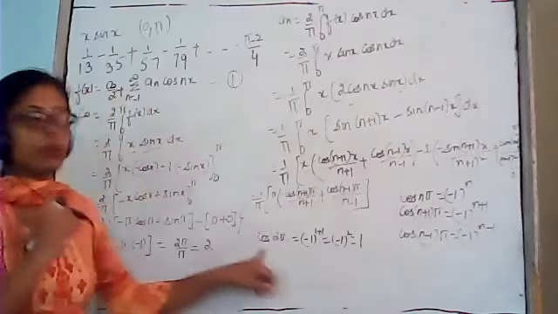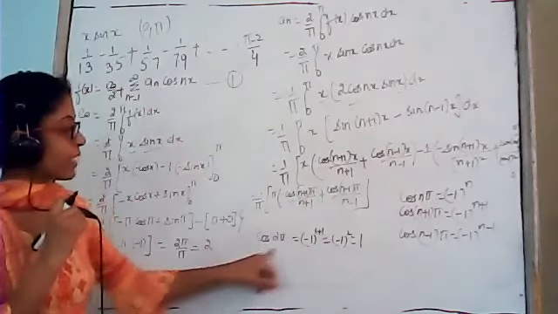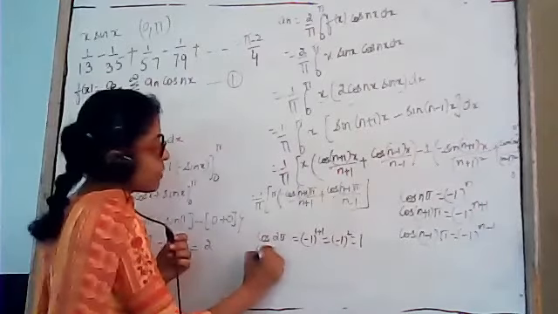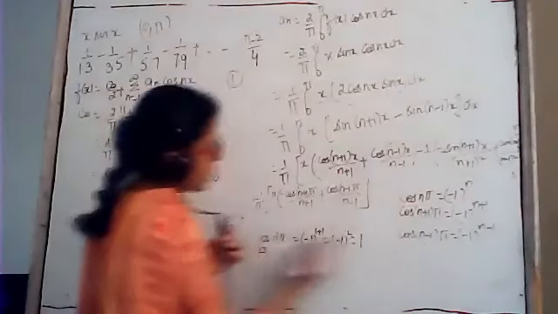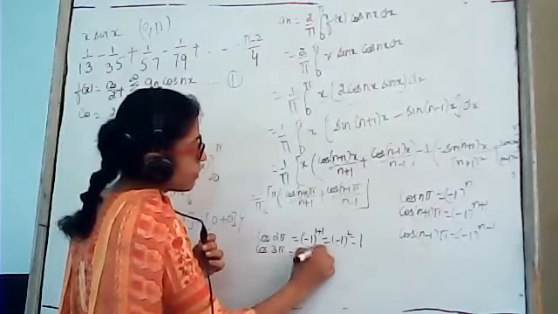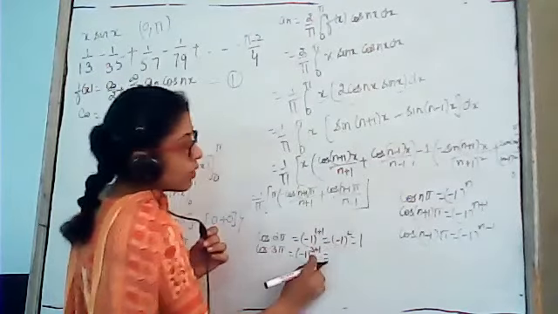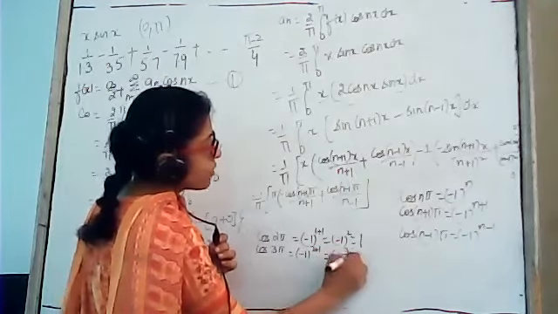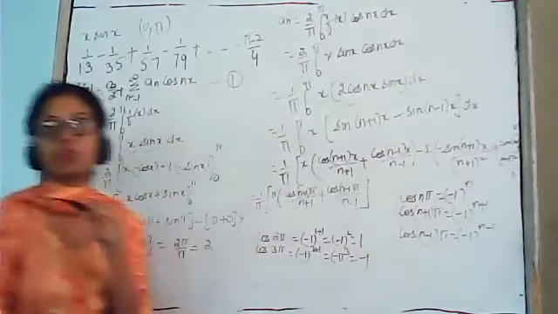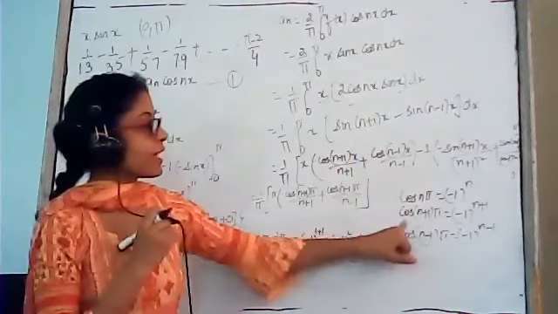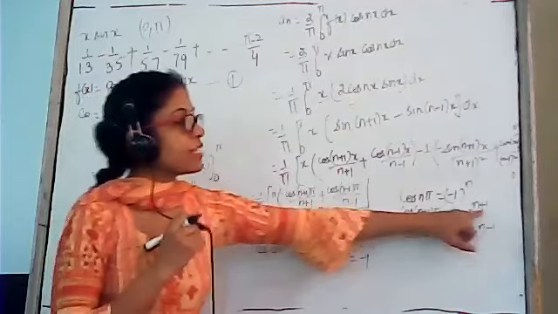And we know that cos का जो even multiple है, its value is 1. Similarly, cos 3 pi, if we put n is equals to 2, it will be equals to cos 3 pi. This is minus 1 the power 3, that is 2 plus 1. This will be equals to minus 1 the power 3, and it will be equals to minus 1. ठीक है? So, in general, we can say that cos (n plus 1)pi is minus 1 the power n plus 1.